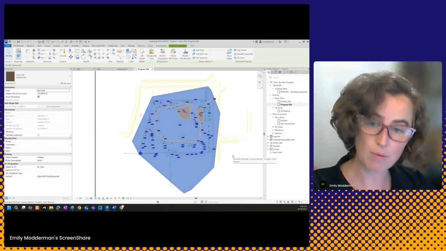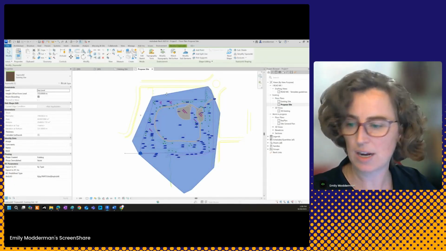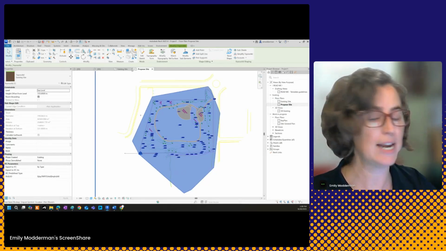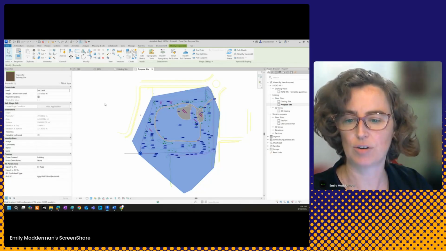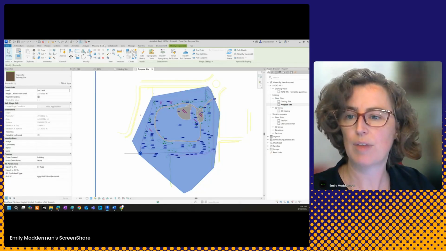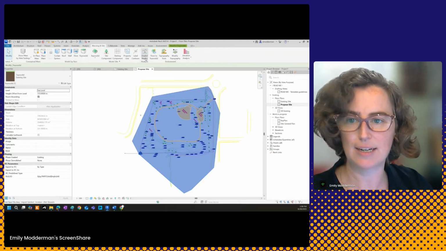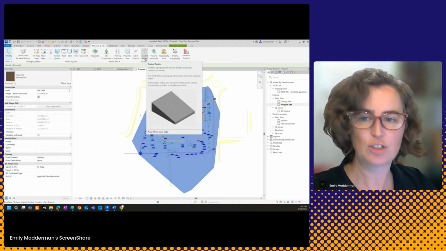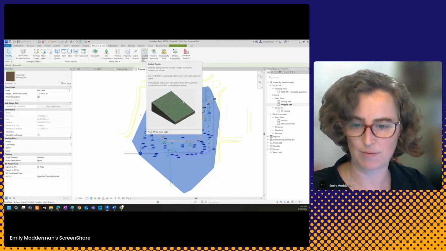tool that out of the box Revit has that allows us to take our existing phase of topography and any other object that we want and turn it into a new phase. So that is actually not in the environment tools, it is in massing and site, and it is called graded region. A lot of people don't know what this tool does, so graded region can seem a little confusing, but